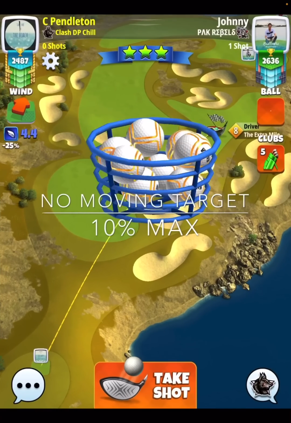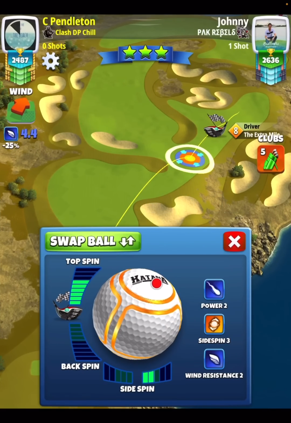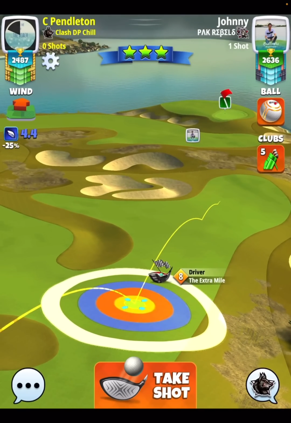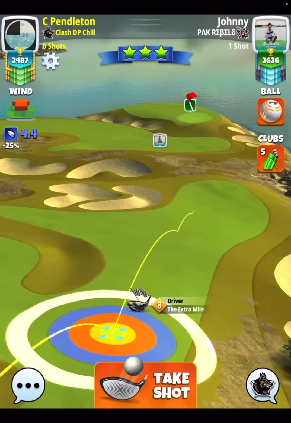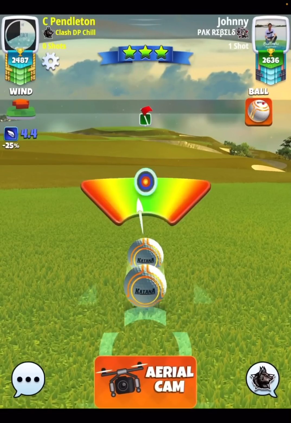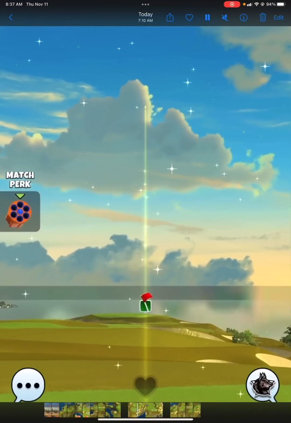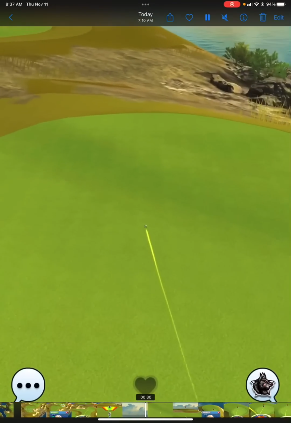That takes us to hole number 6. Hole number 6, we do have a drop. We're going to go no moving target, katana, 6 top, 2 bars of side spin to the right. The only time that we move our target is when we go to adjust for our wind and elevation, which is right now. You'll see here we take a normal shot, we hit perfect, and we're able to drive this ball nicely up the fairway,